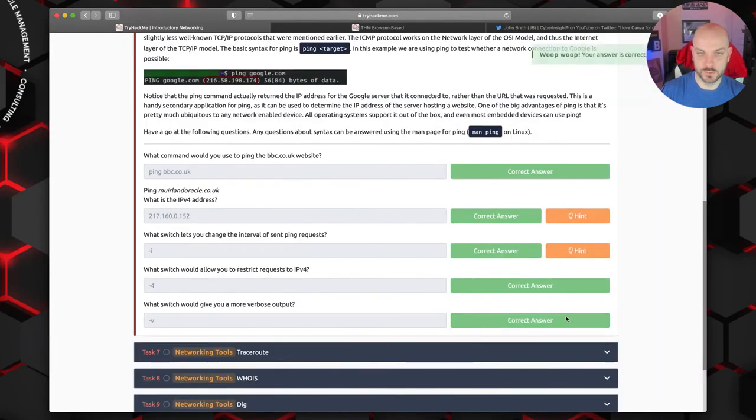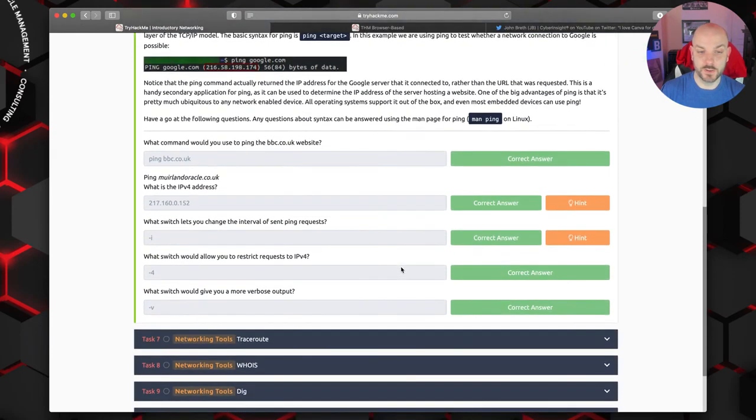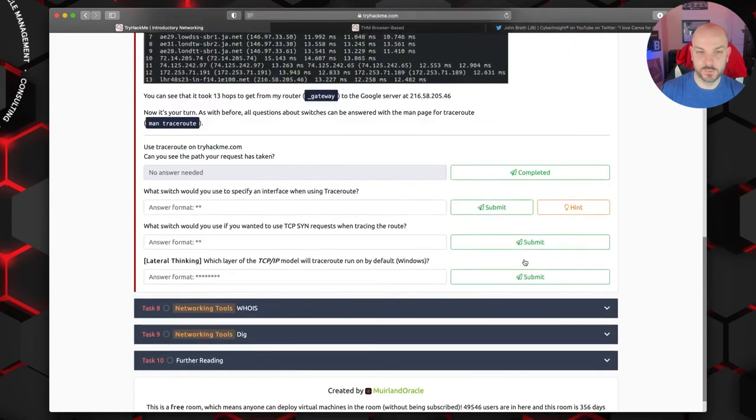Cool. So that is good to know. Like I said, whenever you want to get to know and try out different things with these tools, definitely use the man page on those to figure things out. All right, so traceroute